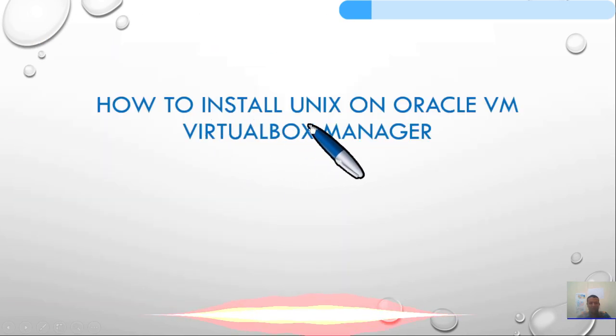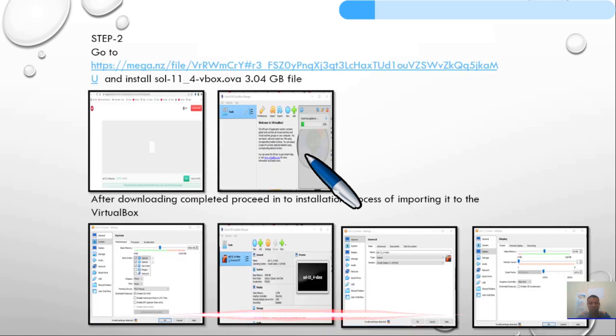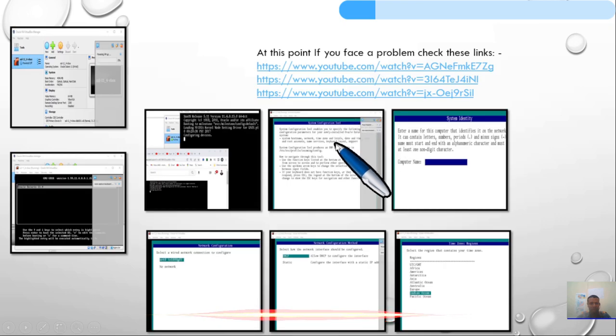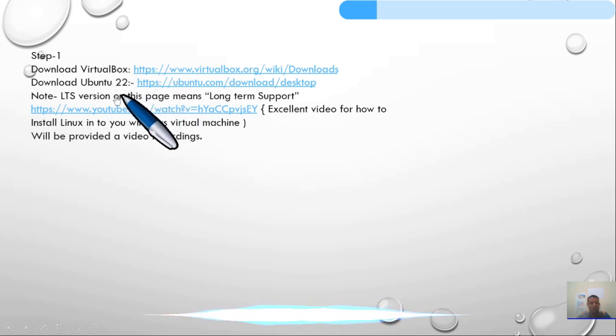As I told you in my first video in the introduction, you have to download and install a virtual machine and Unix. For this purpose, we need Linux, Ubuntu. So you can download and use it. I gave you a video link also. You can go to this video link and download Ubuntu 2022. Because this book has a lot of source code and we have to execute it and see, it is good for you also to practice.